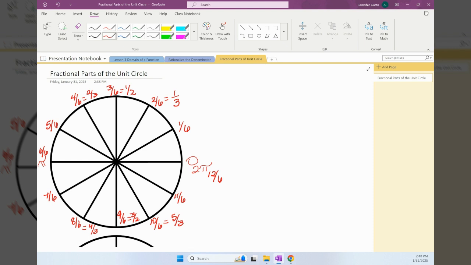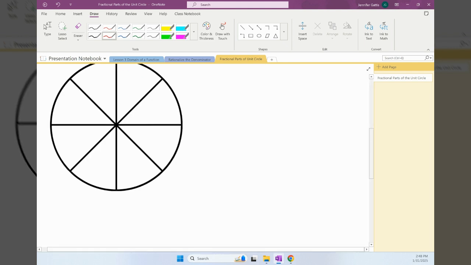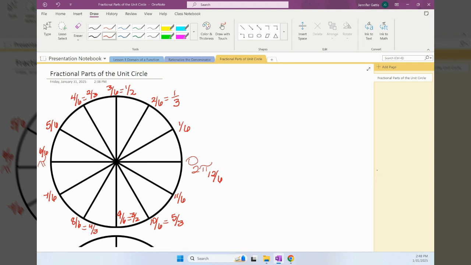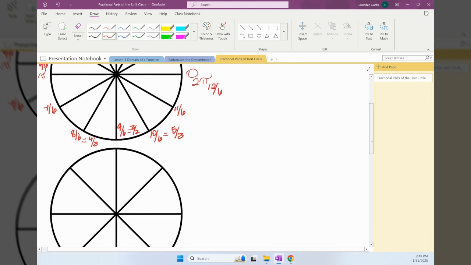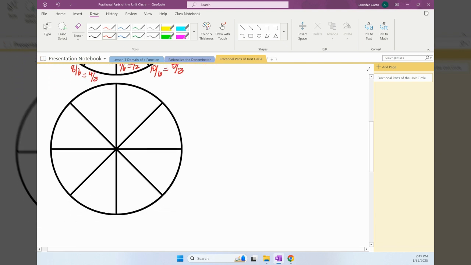Okay. Second one, 1/3, 1/2, and so on and so forth until we go around the entire circle. Now, we can also cut our circle up. Okay. We can also cut our upper hemisphere into 4 pieces, or a total of 8 pieces on our entire